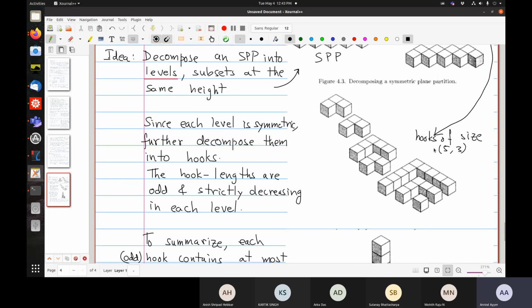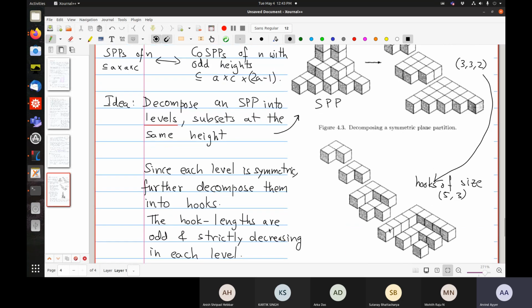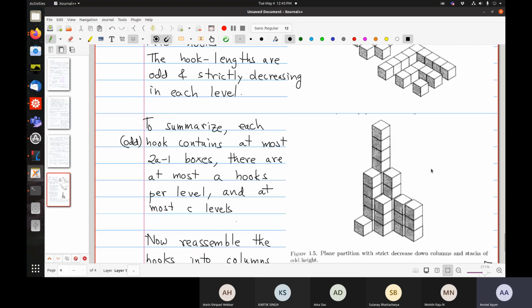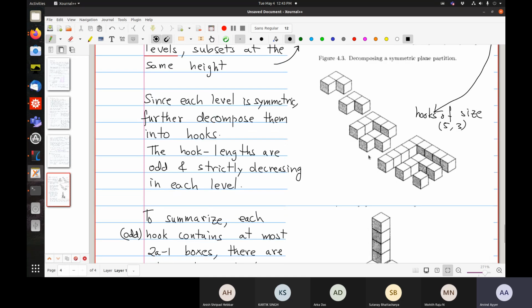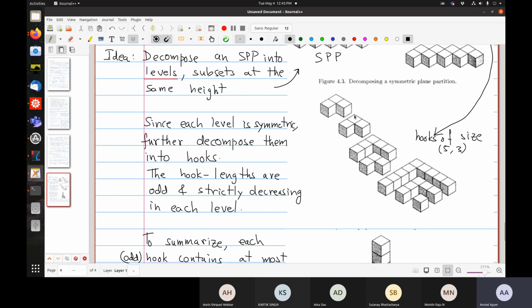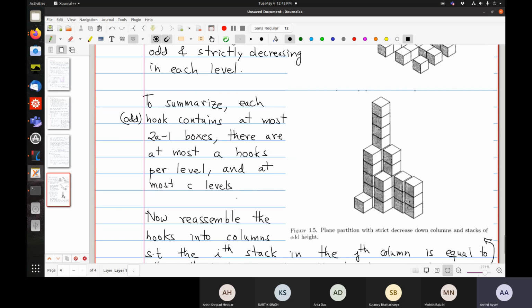So okay, let's see what we have done. Let's start from the bottom. This was a 9 hook, a 5 hook, and a 1 hook. These are strictly decreasing, so you arrange them in that column like that, 9, 5, 1. Then you have a 3 hook, a 5 hook, and a 3 hook. So that's a 5 hook and a 3 hook. And then you have a single hook, which is 3, over there. And then you have another single hook, which is 3.